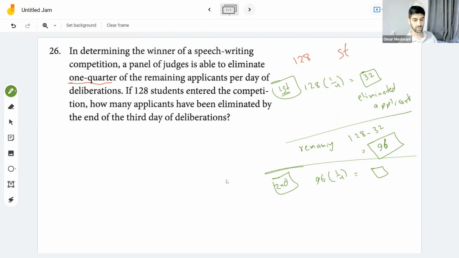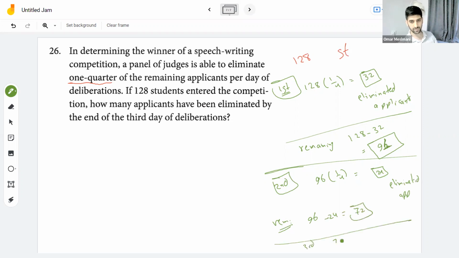24. These, again, are the eliminated applicants. And then how much remaining? Remaining is going to be 96 minus 24. What is it? 72. Okay, at the end of the third day,